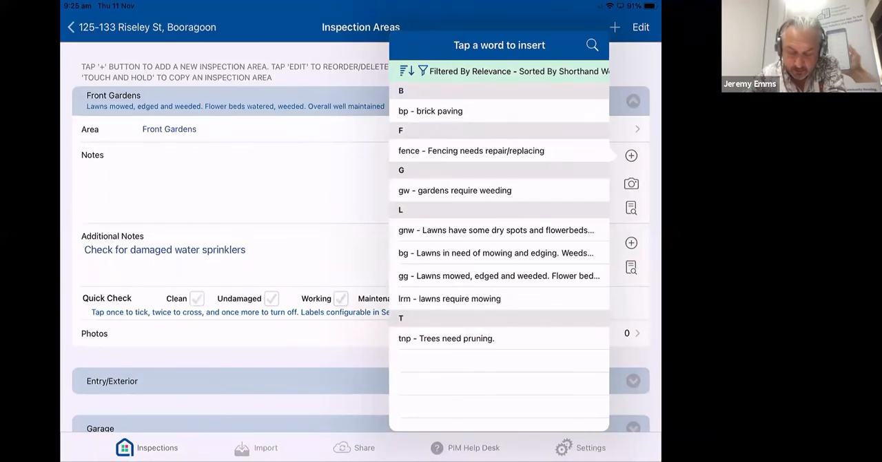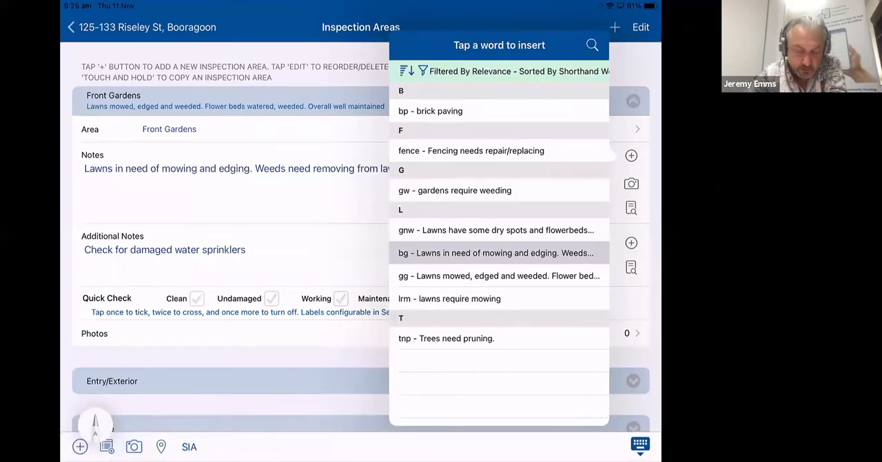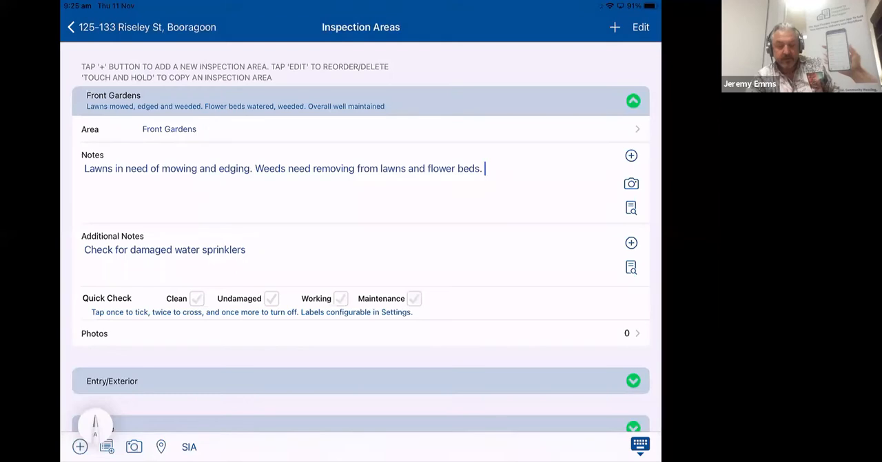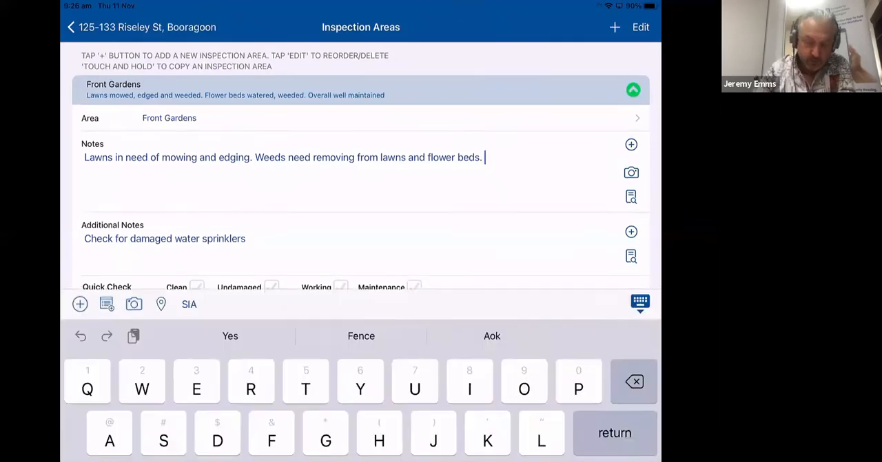I had the one in there before with the lawns mowed. I'm just going to choose now lawns in need of mowing and edging, weeds need removing from the lawns and the flower beds. So I've already got that set up. So in terms of speed of getting notes in there, if you've got phrases that you use on a regular basis, I definitely would recommend that you either add them at the back in settings, in shorthand words and phrases, or the other option is you can key something once, you can touch on it,